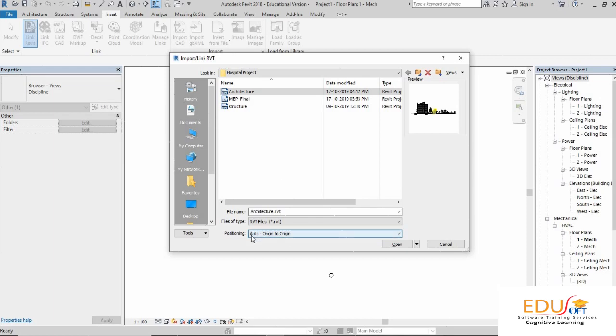So it is better to keep origin to origin positioning whenever you link any Revit file. Select the architecture file, then click on Open.